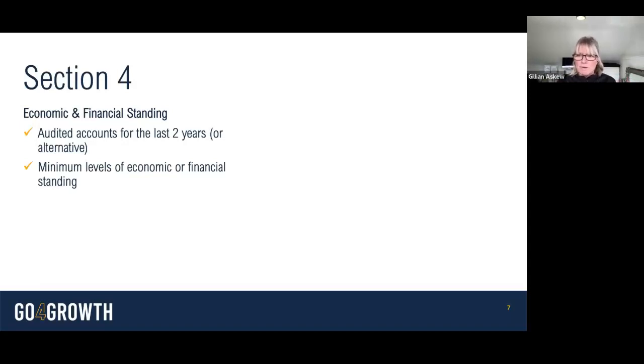The public procurement process can't discriminate against you because you're new to the market. If you're a new entrant, you're diversifying into this, or you're a startup organisation, you must have equal opportunity to be able to enter. And so you'll be asked for alternative ways of demonstrating that financial stability. Usually there are three options to choose from. Audited accounts, cash flow statements, letters from your accountant, that kind of thing.